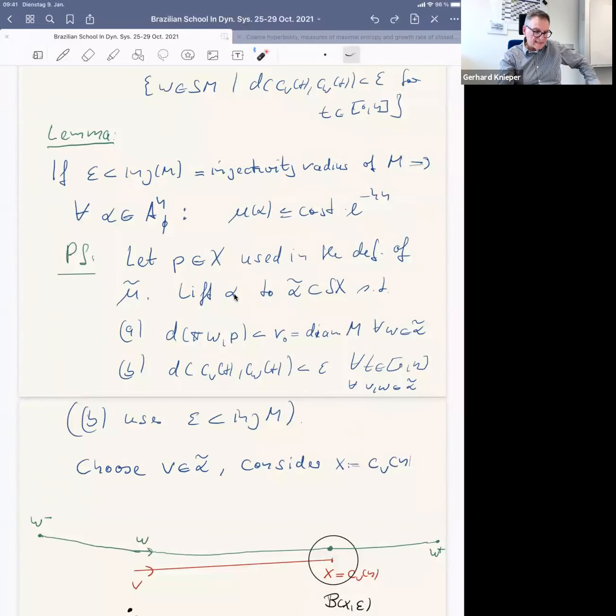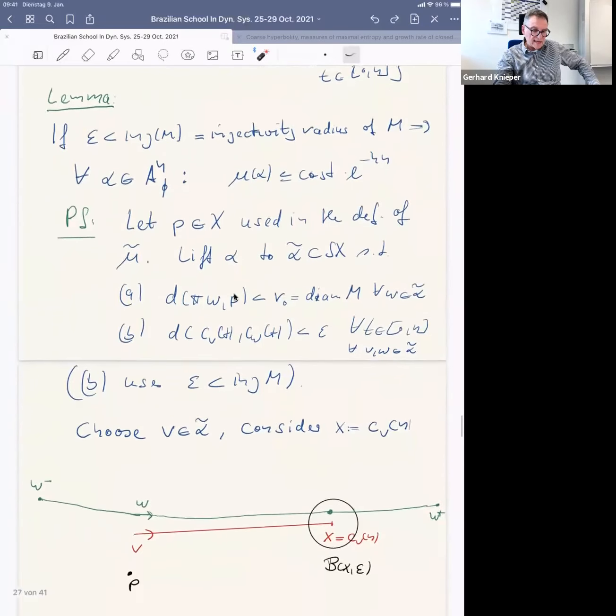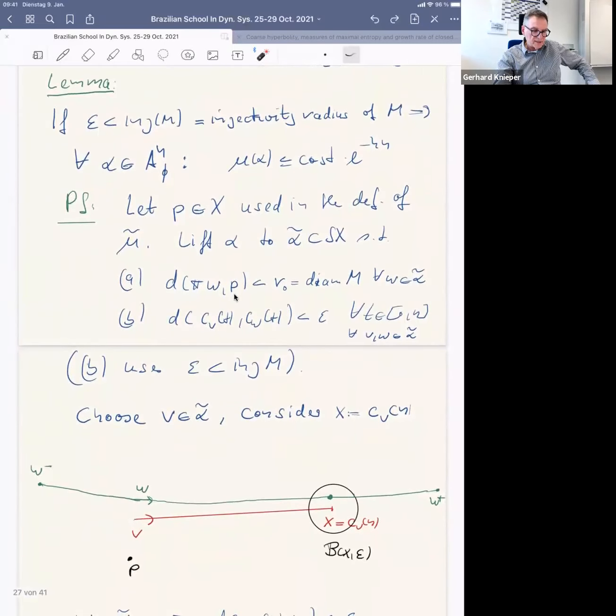But as long as the geodesics downstairs stay in a neighborhood which is always smaller than the injectivity radius, you can do that. And this way, you have this for all elements V and W in this lifted partition alpha tilde. Okay, so we are now computing the measure of alpha tilde with respect to the measure which we